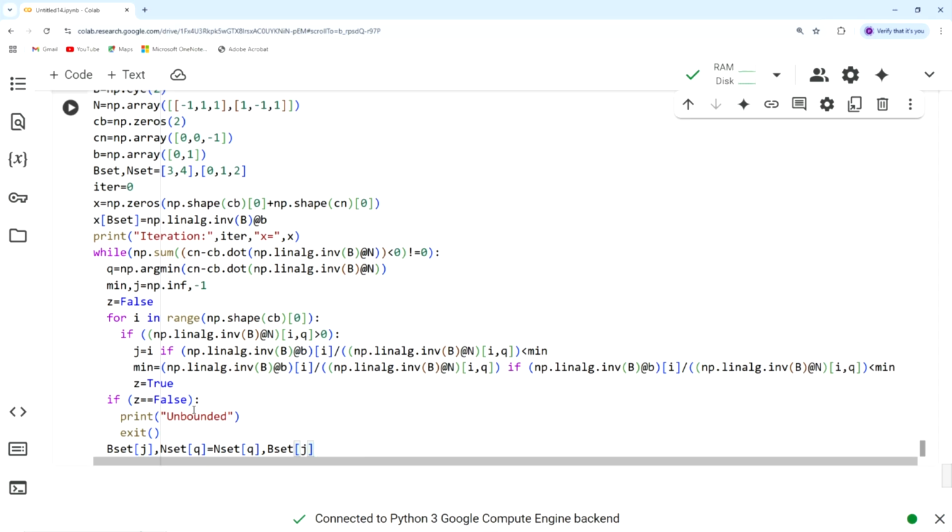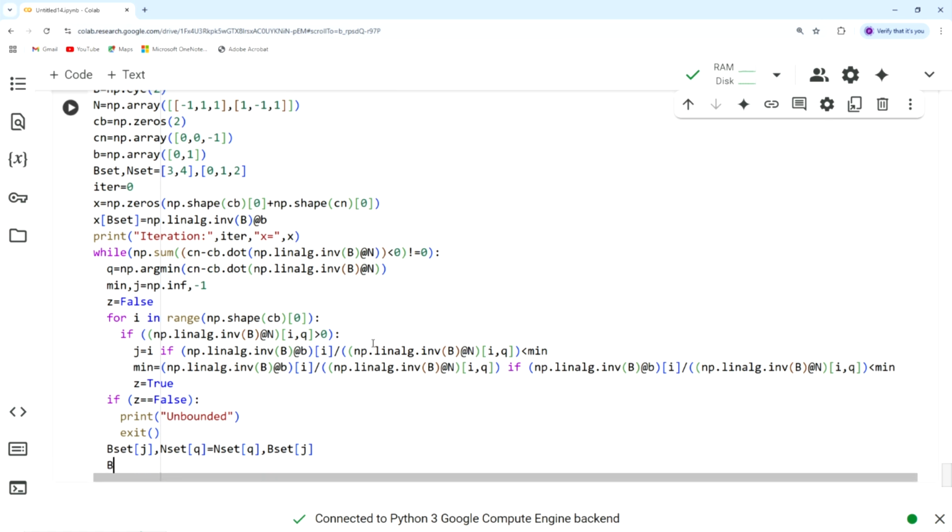So, b set of j will take n set of q and n set of q will take b set of j. Okay. So, that is to change b set and n set here. That is not sufficient, I also have to change b and n, right. So, I will do the same thing,